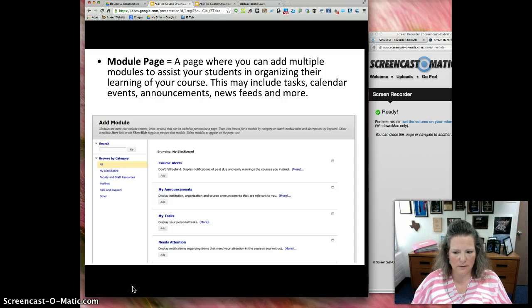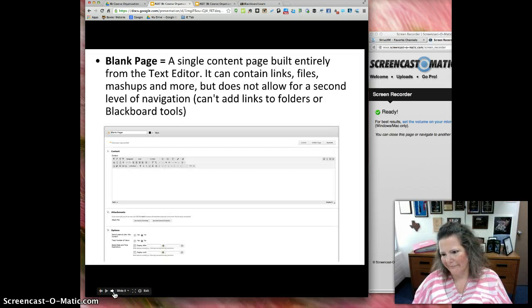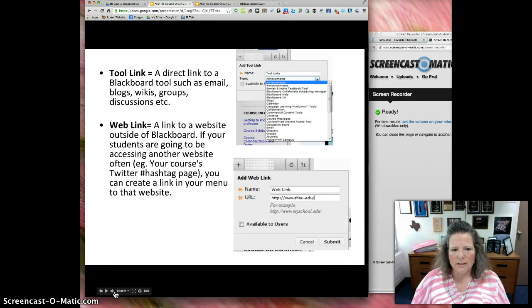These are things that you know are going to be important, like course alerts, announcements, things that need attention, your calendar, etc. Again, the blank page, I wouldn't really use this. If you want to, you can. Maybe you just want to do a quick little blurb about something. Tool links, you may find that you want to use this. You may want to use it for your discussion boards, the email, you may set up groups. There's lots of different things in there. A calendar, there are different tools that you can go play with. So if you want to, they're in there and you can go